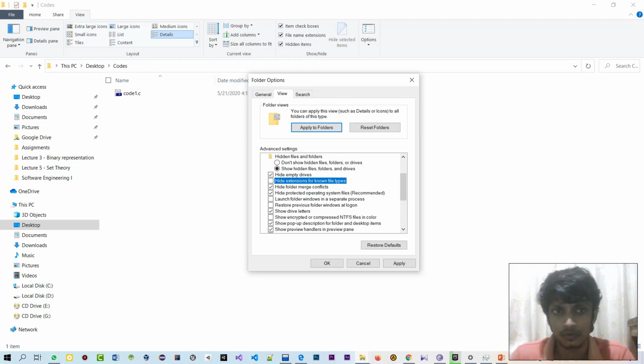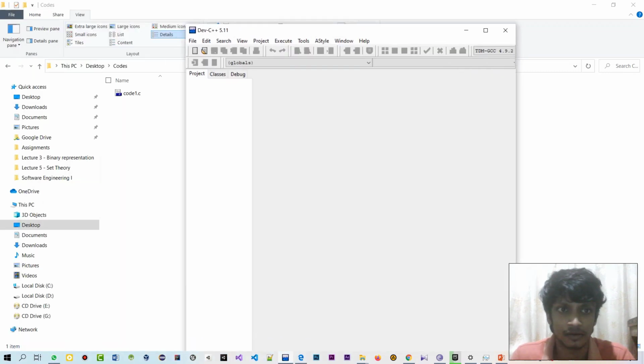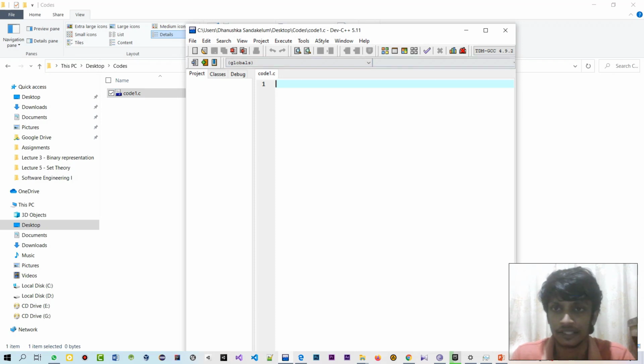So if you want to change that extension, you should uncheck this checkbox, then apply and OK. Then it will be shown if it wasn't shown previously. Okay, so now you can just drag and drop this file. Now that file has been initialized.